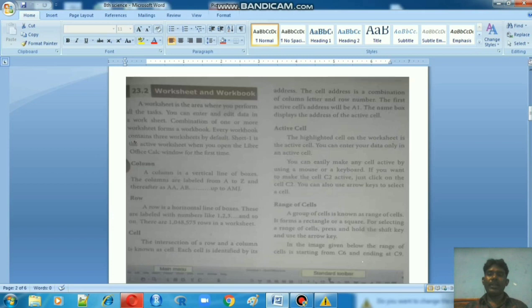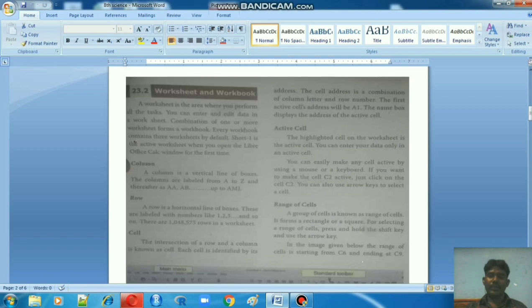A workbook is a combination of one or more worksheets. When one Excel page is open, in that particular Excel page itself we have 3 sheets: sheet 1, sheet 2, sheet 3. That combination of one or more worksheets forms what is called a workbook.